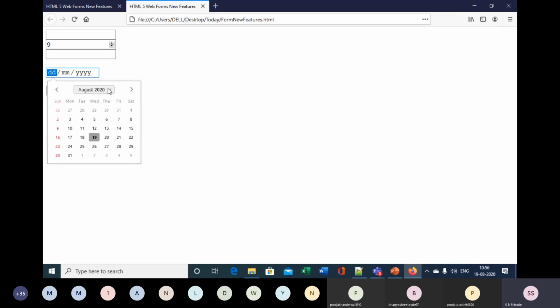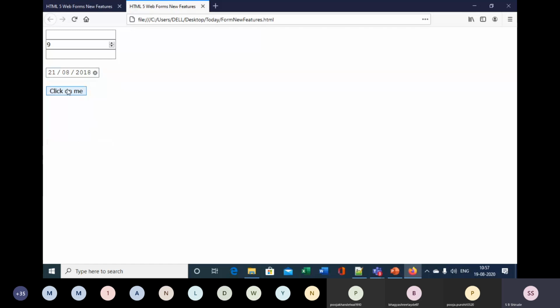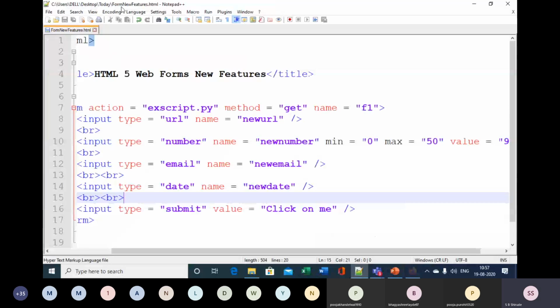For example, if I want to insert a date from 2018, I can select 2018's August month, and then here I can put some date such as 21 August 2018. Like that, a date control will allow you to enter the date. So this way that control can be used. And now we'll move further to the next control.